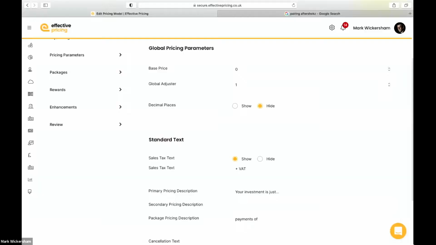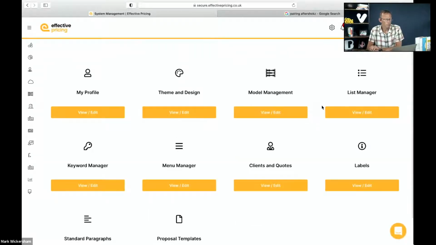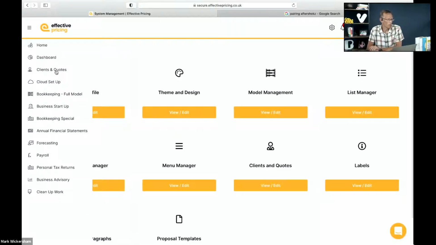Strategy, another thing. There's a huge amount of different things to think about with strategy. And so let me just go back to here for a second, because it will hopefully help to illustrate a little bit. I'm just going to go into the settings, and let's just take one of these models. So let's just take forecast, because you mentioned that as part of an outsourced finance department. So if I go into the forecasting model, if I was pricing forecasting,